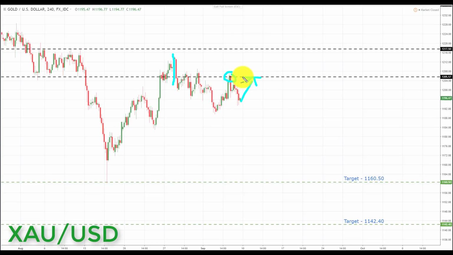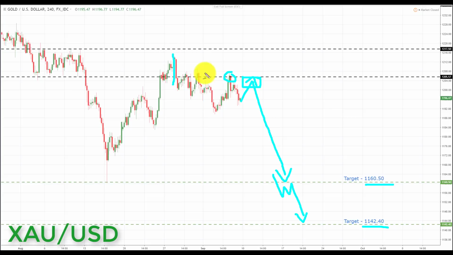This is going to be a great place to start to look for bearish formations and patterns, and we're going to be looking at initiating shorts down towards the next key area of support to the downside in gold, and target 1 is set at the 1160.50. And if we can get a breakthrough here, although this may take longer than just next week, we're going to be looking down towards the next key area of support and target 2 at the